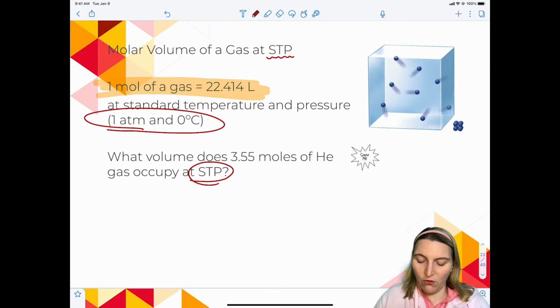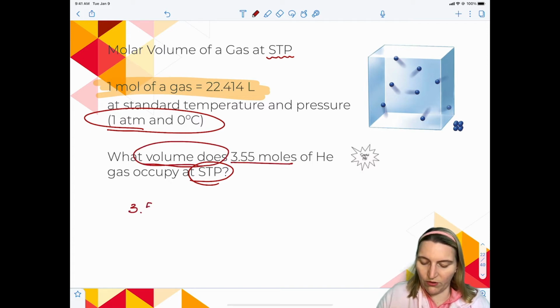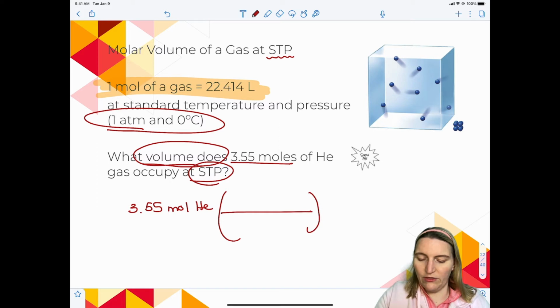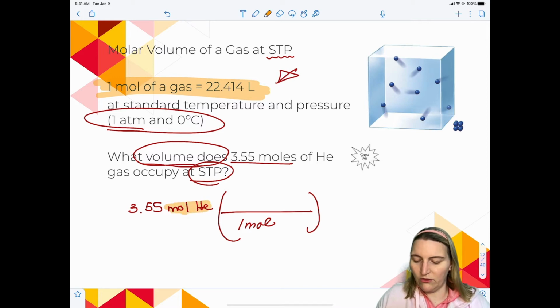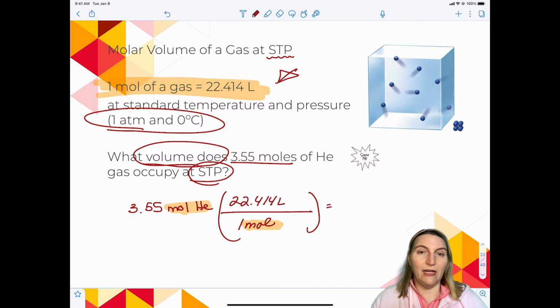So of course I circle the do, underline the clue, take the clue, and put it out front. 3.55 moles of helium. And I use this conversion factor right here, matching up the units. So mole out front means mole down bottom. And then, of course, 22.414 liters up top. In my calculator, I plug this in. I get